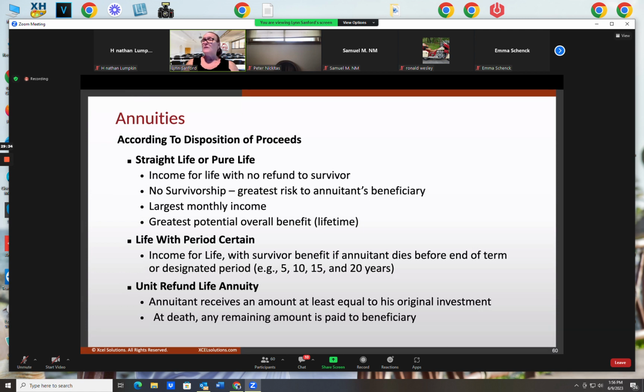Grandmother lived to be 88, mother lived to be 95, other aunts are 96 and 97, her sisters are all 96 and 97 now. So I have longevity definitely in my life, for females at least. So, people who have longevity in their family might consider a straight life payout.